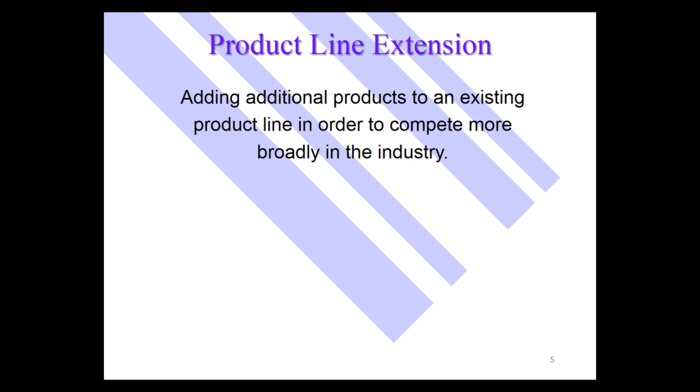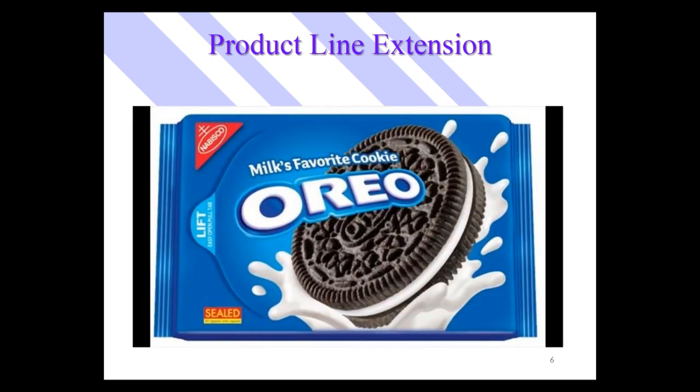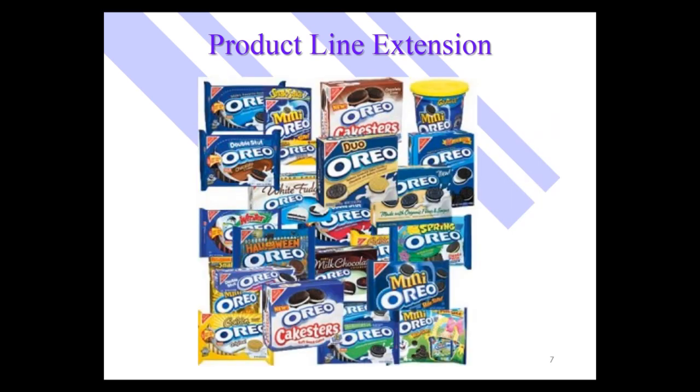in the industry. For example, first there was Oreo. And Oreo was so successful that they realized that they can take that Oreo name and put it on a lot of very, very similar cookie products, and there are lots and lots of Oreo line extensions out